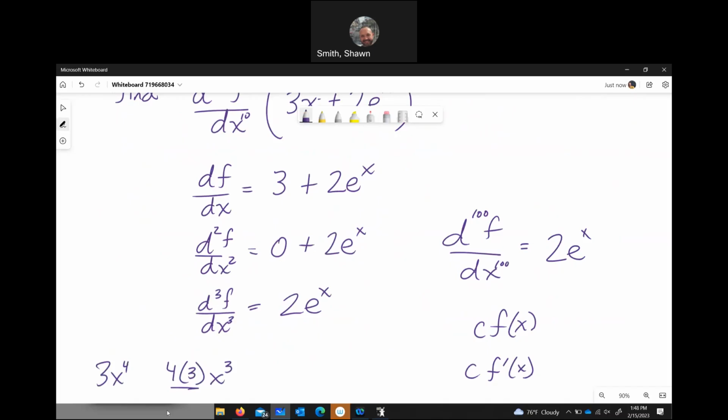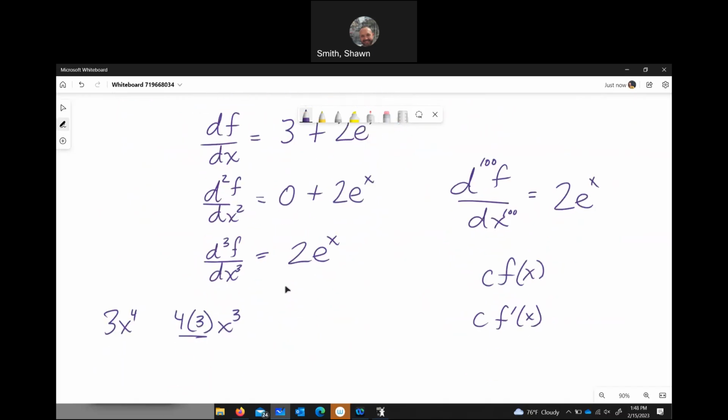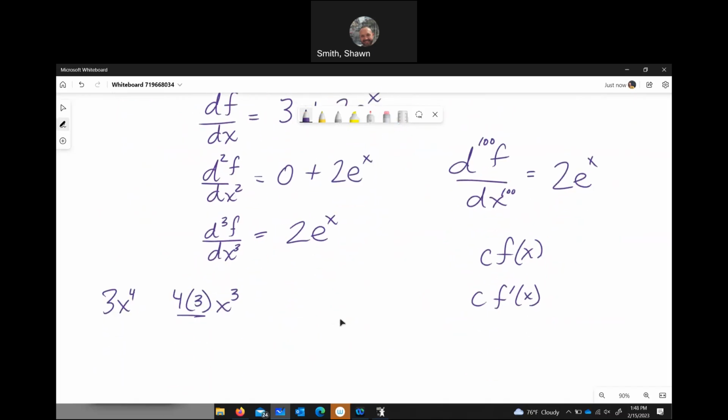But again, don't mix up e to the x with the power rule, because even though it looks like an exponent, you can do that with the others, but you can't do it with that one. We know the derivative of e to the x is still always just e to the x. And you'll see it also when we get to logarithmic problems or other bases or exponentials where we've got something like 7 to the x power. There's a little tweak to that. Similar, but not